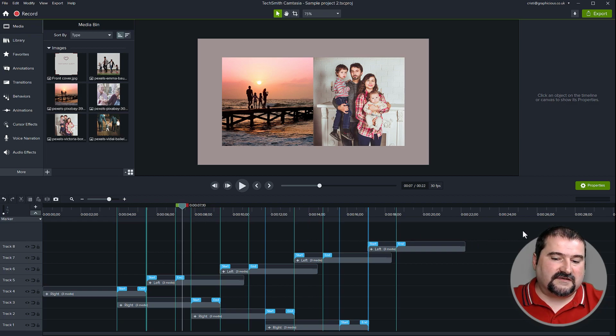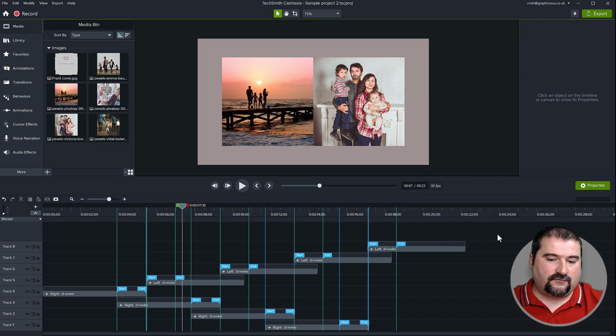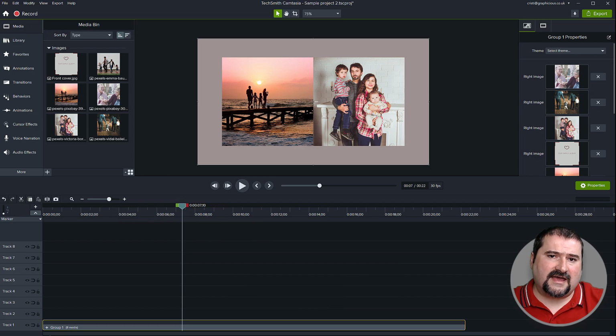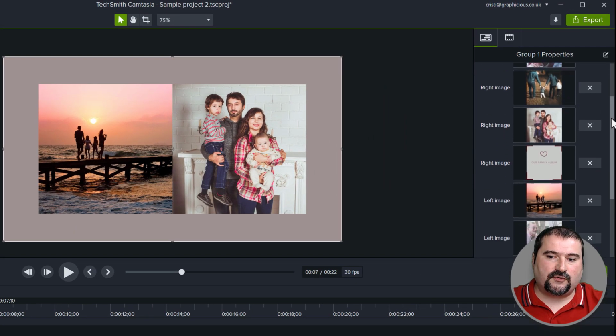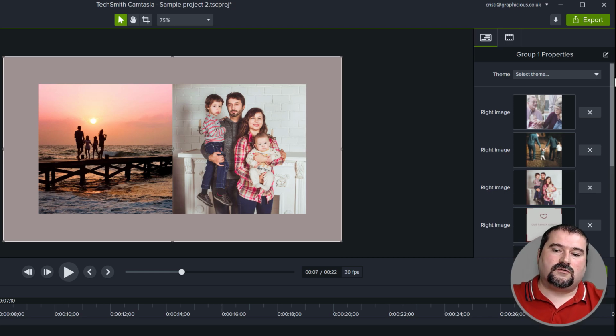What happens is if you add these to your library, each one, the left and the right, will be functioning on their own. But if you group it, and this is the beautiful stuff. When you buy the asset from me, the one that I built already is going to have a few predefined flipbooks. But if you don't, then if you create a flipbook, you see now Camtasia exposes all of the pages, all of the images in there for you. So you can easily just add this one to your library and then just go and swap the pages out.